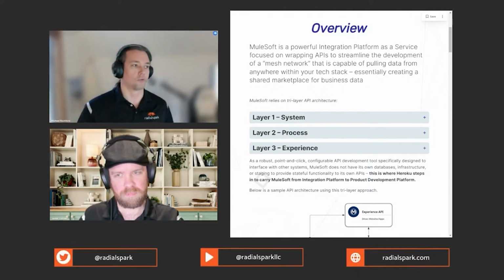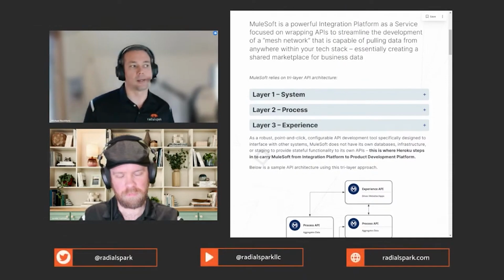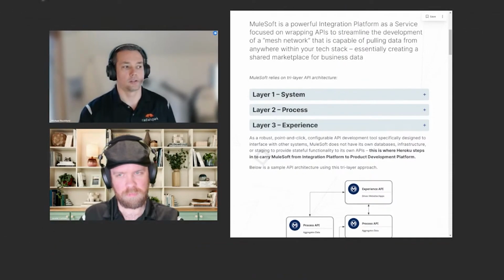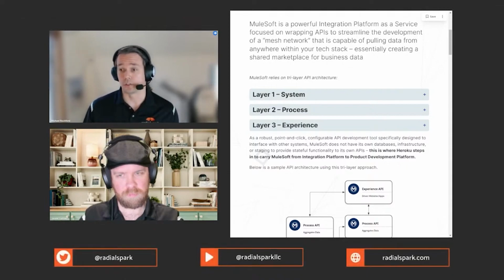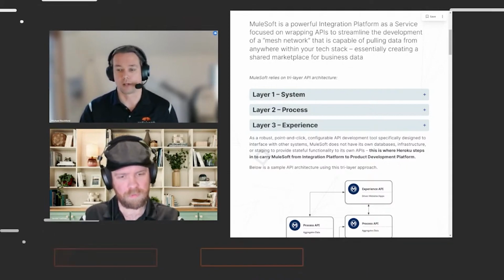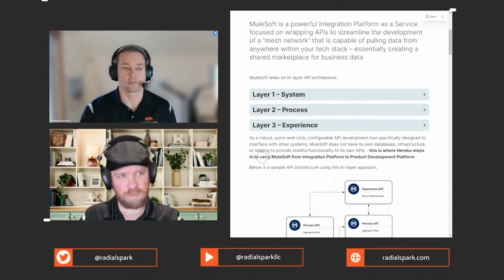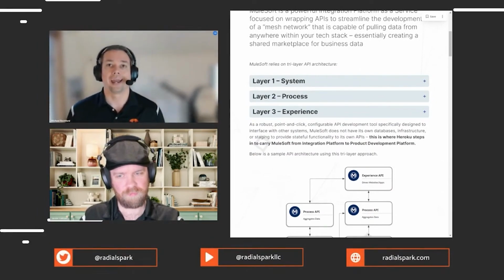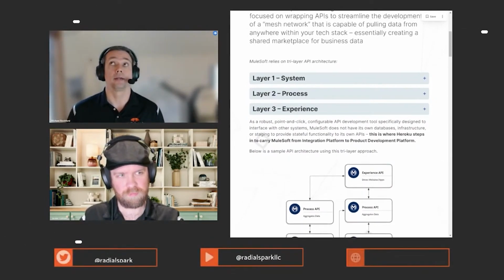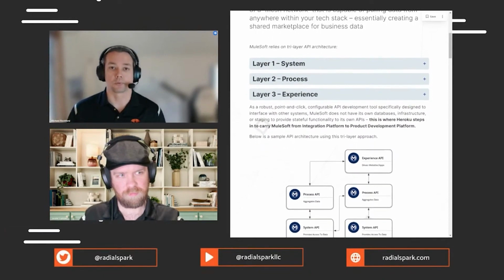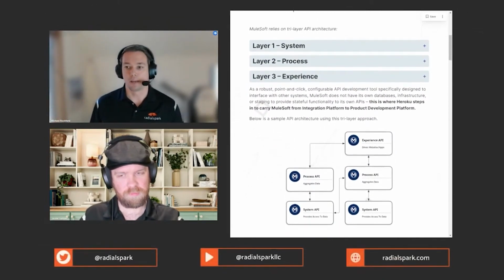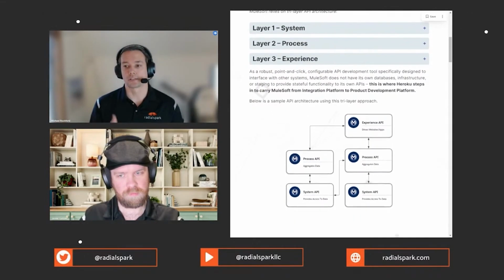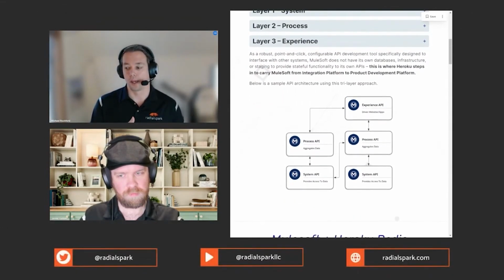In the beginning part, we've got the overview. We talk about what MuleSoft is, and it goes through the process, system, and experience APIs, how they interrelate with each other, and why it's a cool tool and why you should use it when you're doing enterprise level API development. We are big fans of it. It is a fantastic API tool, and as this whole AI data generation, data consolidation, data management process continues, everyone needs to be an API first organization,